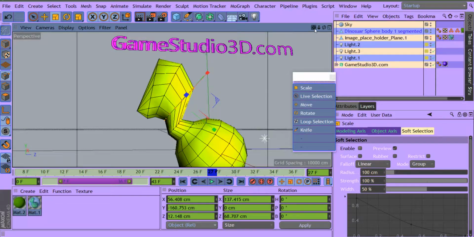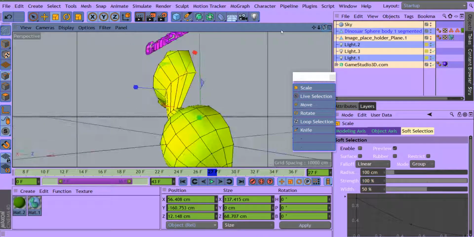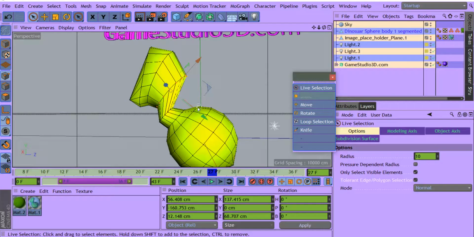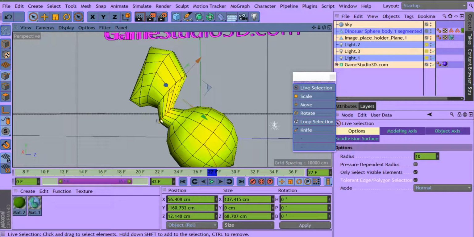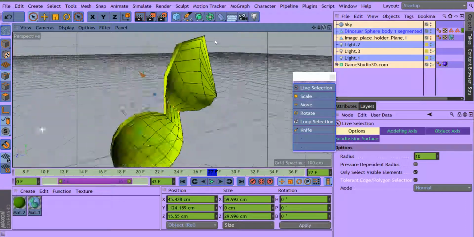I'm doing great, aren't I? And so are you. And let's go ahead and grab that live selection tool and grab this section right here and move it up a bit. So you can kind of see where I'm going here